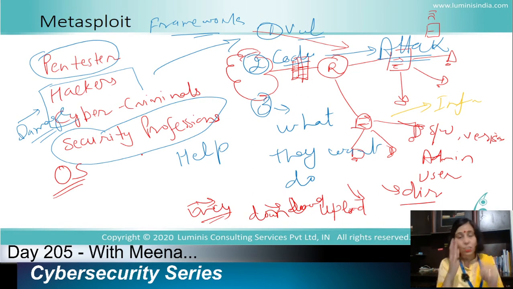First of all, there must be a vulnerability on the system. If the target does not have any vulnerabilities, it is not possible to perform the attack on it. And as per those vulnerabilities, when they exist, they will execute the code, and then they will perform the payloads. So three things: find out the vulnerabilities, execute the code, that's the exploit, and whatever they want to do, they can do with the help of the payload.